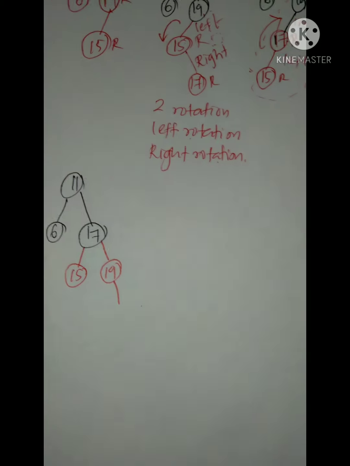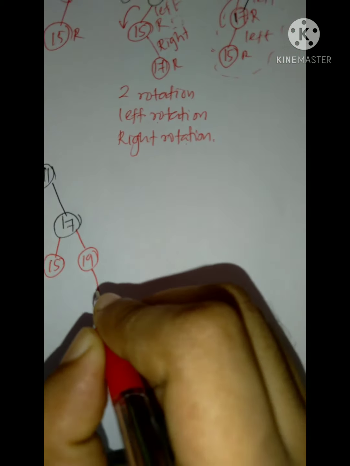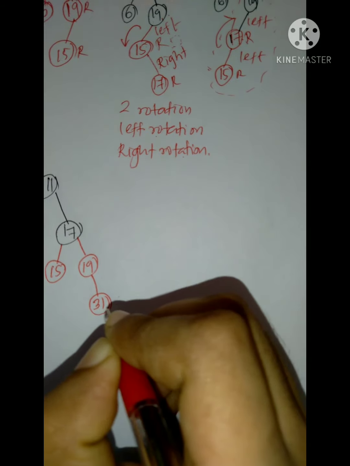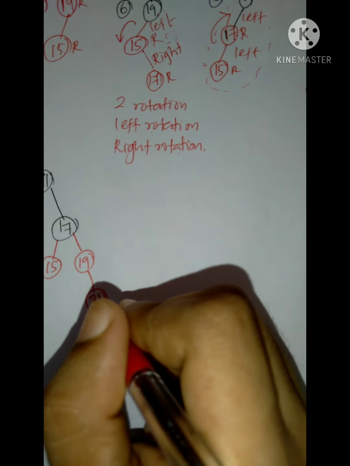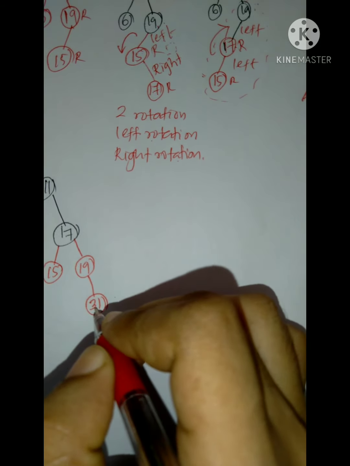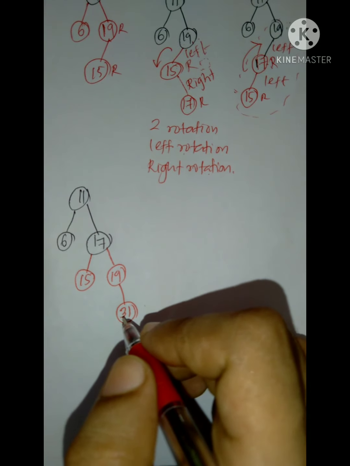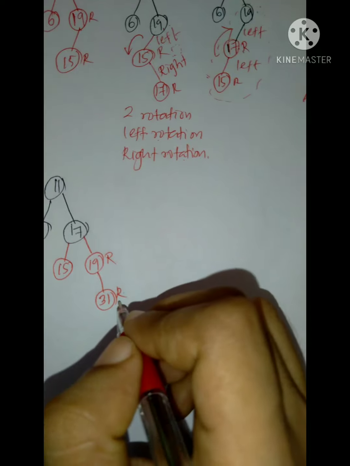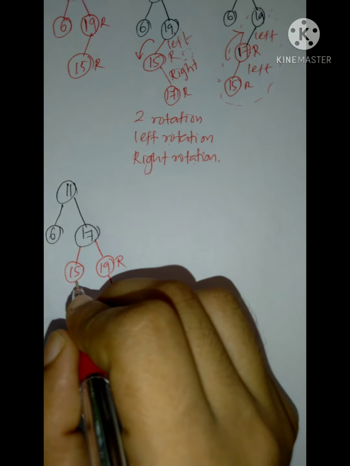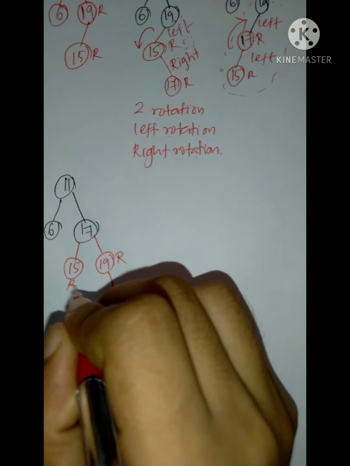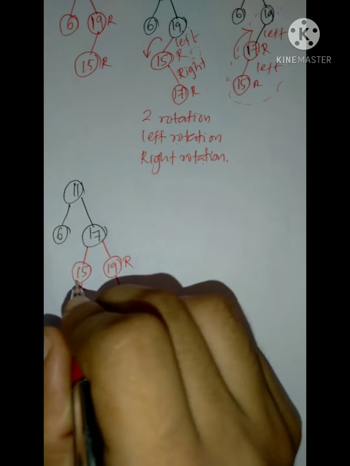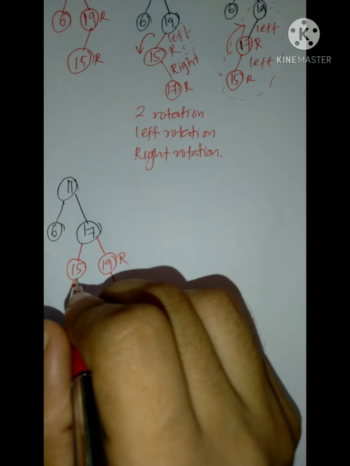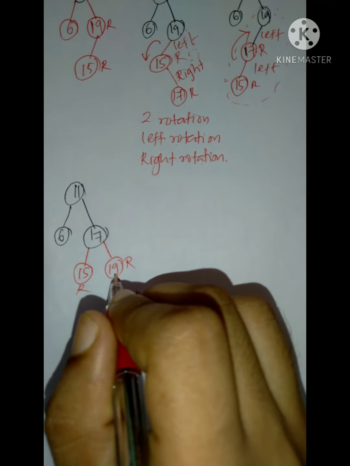Okay, and that is a new node and its color will be red. That is a leaf node and its color will be red. Here also is an RR conflict, so we want to check the parent's sibling. Yes, the parent's sibling is also red. So we want to recolor this also. This will become black and this also becomes black.